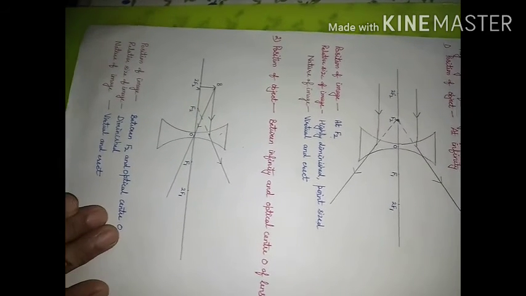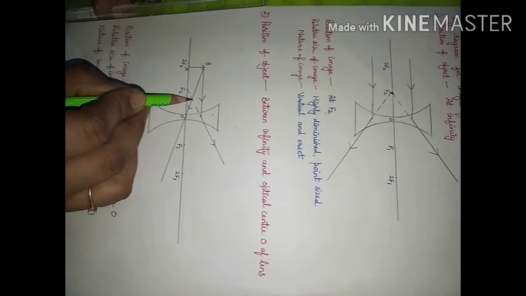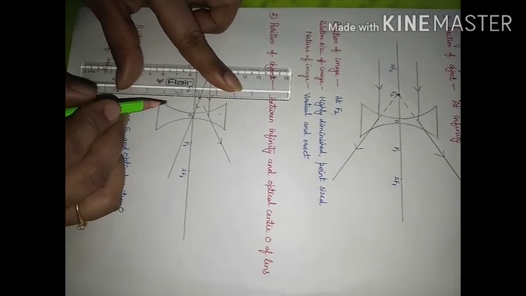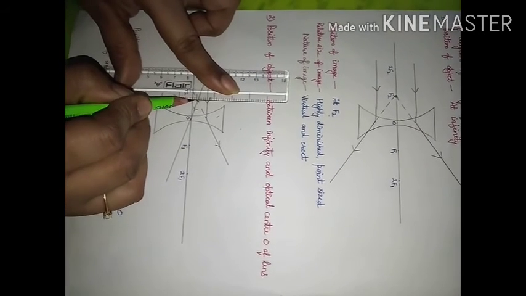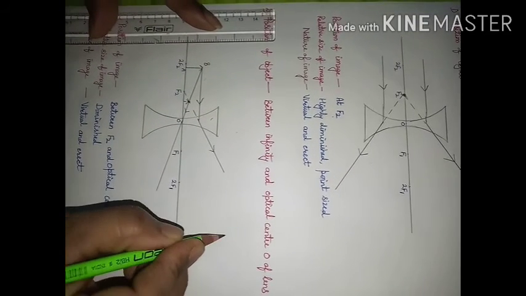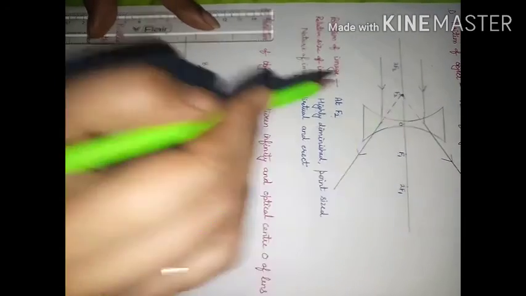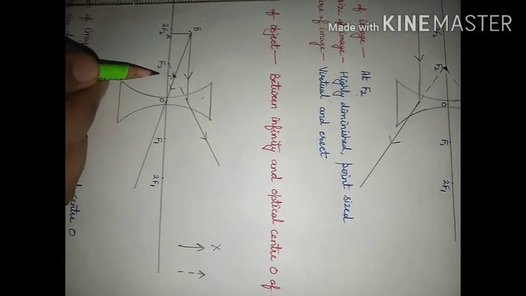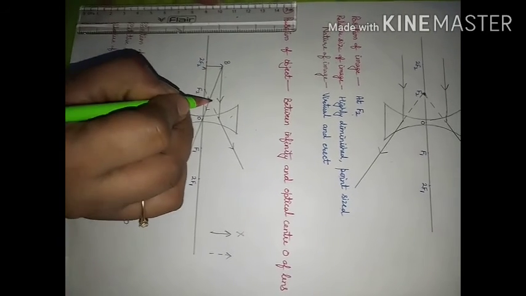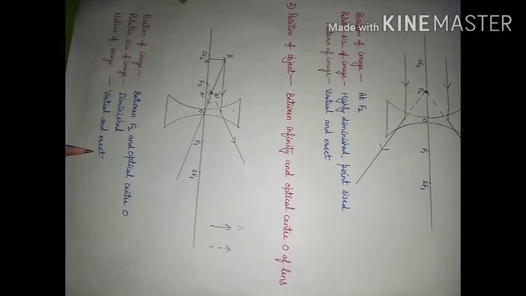Arrow must be put whenever you draw a ray diagram. So where will the image form? The image is going to form here. Whenever rays are not actually intersecting, it is a virtual image, and you will not show this image by a solid line like this. This is wrong. You will show it by a dotted line. Here also I have used a dotted one, here also I have used a dotted one. It will be virtual, it will be erect. As it is erect, so it will be A dash, this will be B dash.